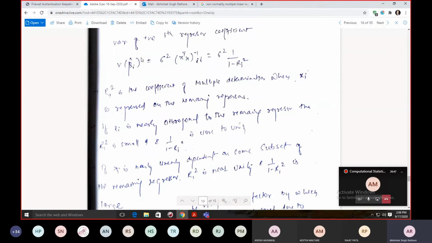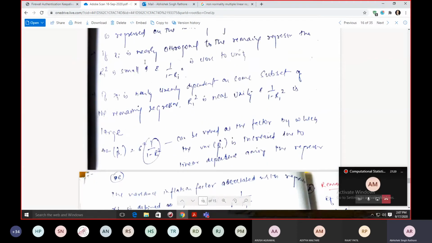So again we are starting with our variance. The variance of our estimated parameter beta is just equal to sigma square, this is the variance, into the inverse of your correlation matrix. If I am going for the particular ith value, I will calculate the ith value from your correlation matrix. So this is just equal to sigma square upon 1 minus ri square. So what is this ri square? This ri square is just your coefficient of multiple determination that we had calculated in the previous class. Fine. So we are having different cases available.